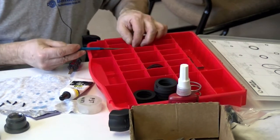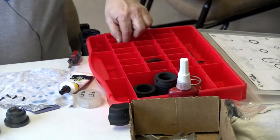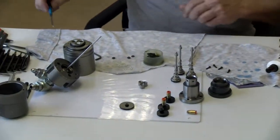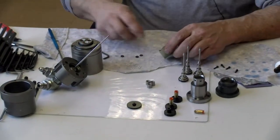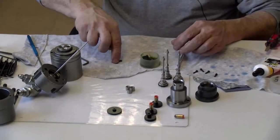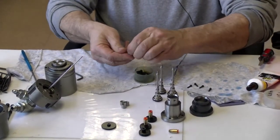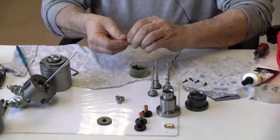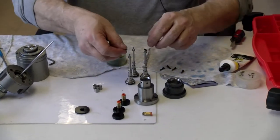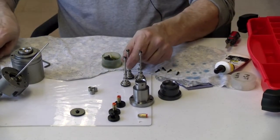Yeah, because the pockets are small for fingers, but the pick helps you out pretty good with that. All right, now I'll just pick the O-rings up and kind of mush it around in here a little bit. And I can set them right up on here. And then